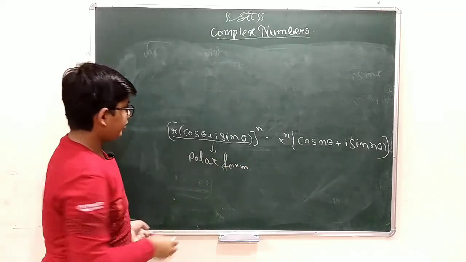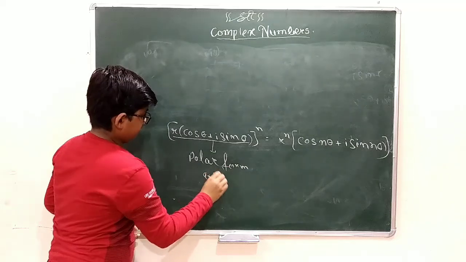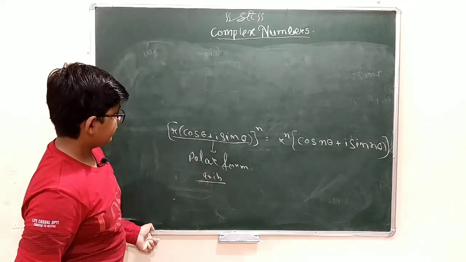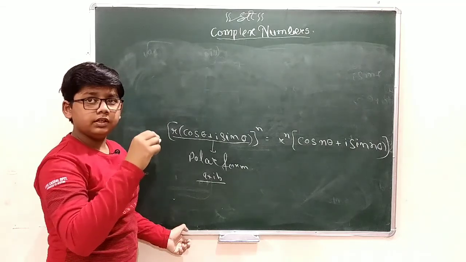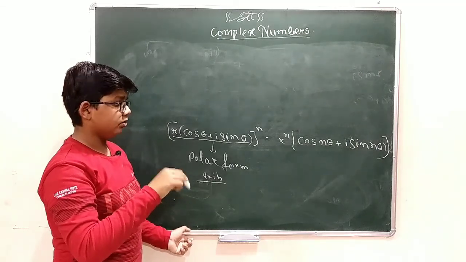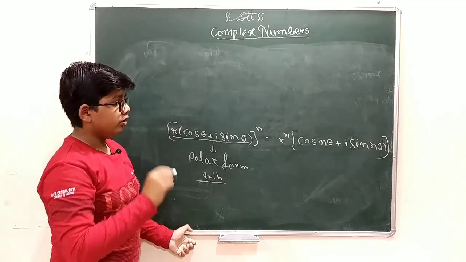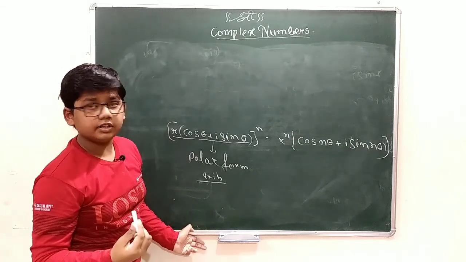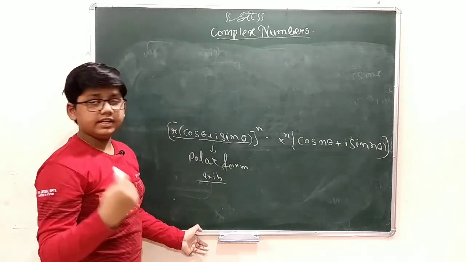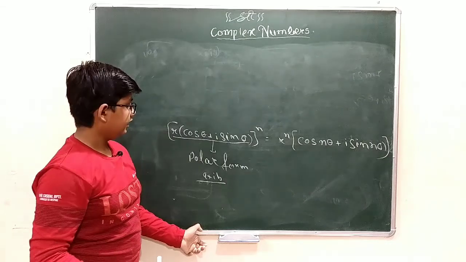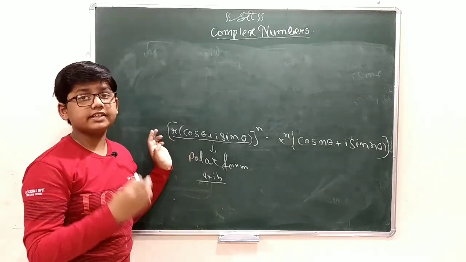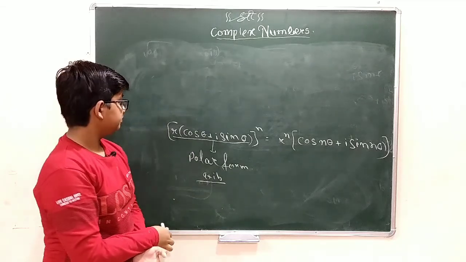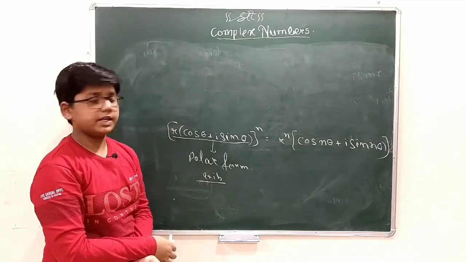It is just the polar form of a complex number, that is a plus ib, which means that (a plus ib) to the power n is equal to the modulus of the complex number to the power n into cos n into argument of z plus I sin n into argument of z. This formula is known as de Moivre's theorem. It is a type of theorem. Now, can we prove it? Yes, we can prove it.